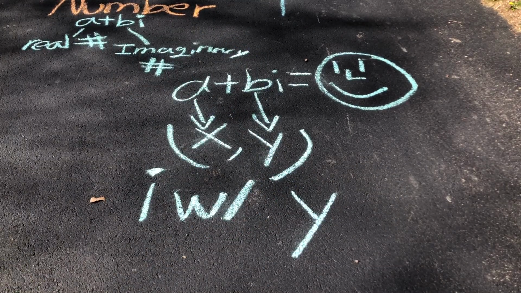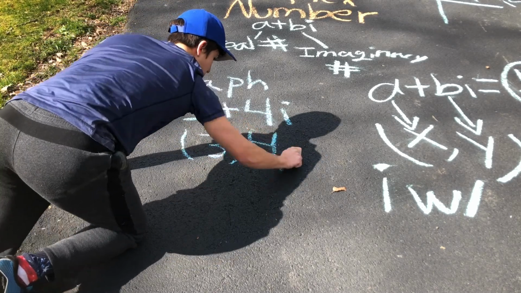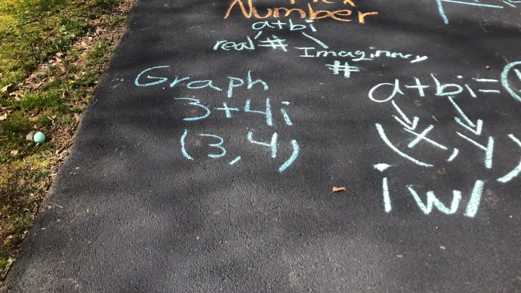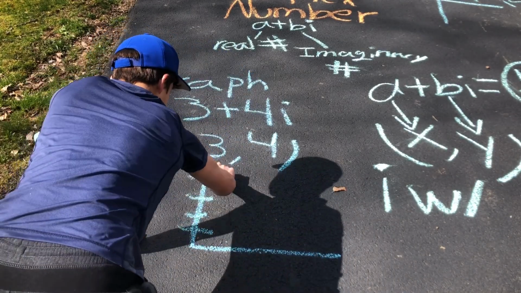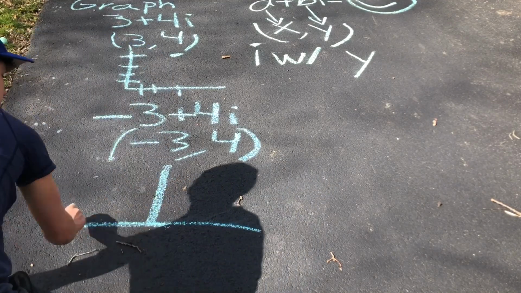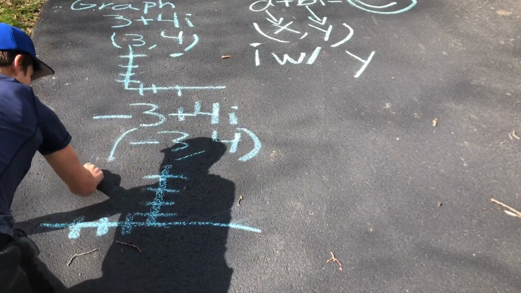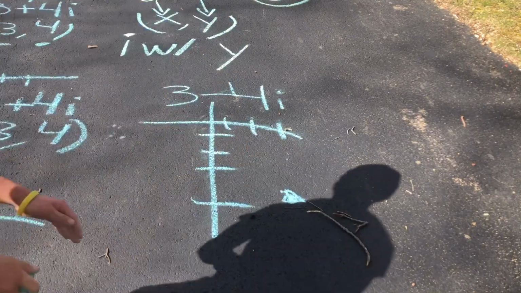I always remember this as i is with the y. So, using this equation, we know 3 is the x value and 4 is the y value because it is with the i. So the real number is always the x, and the imaginary number is always the y. So if I'm graphing it right now, I go 3, 4. Same thing with this, -3, 4. It's basically just your point, but it's given to you in your equation if you just know what to look